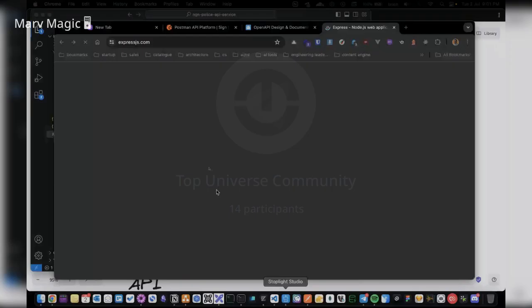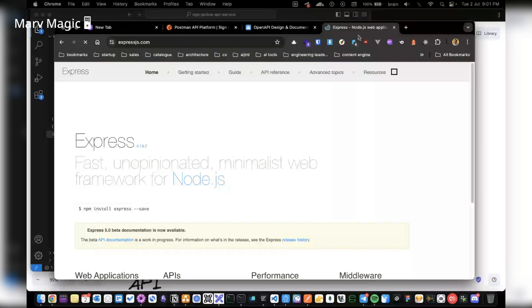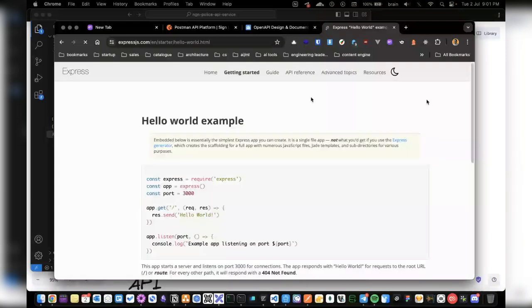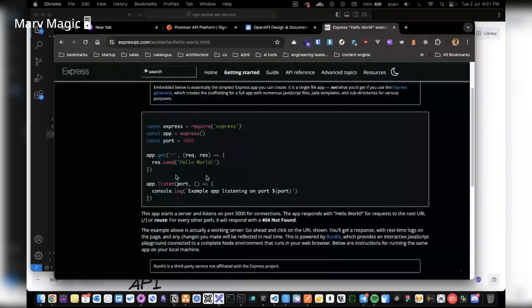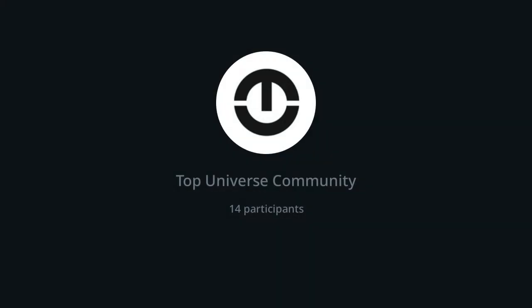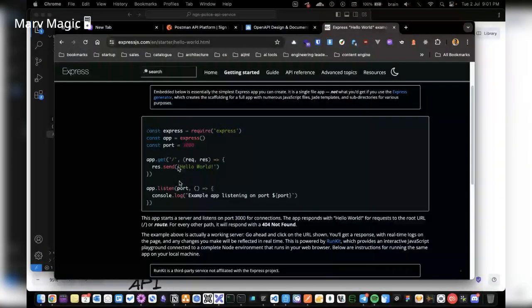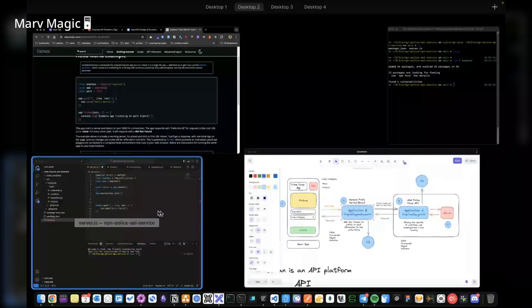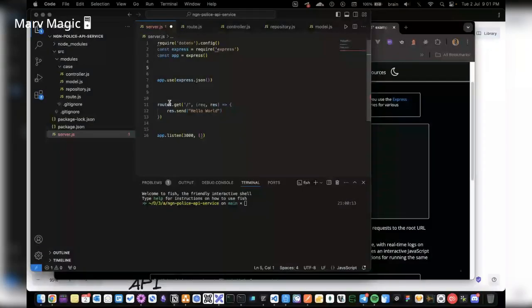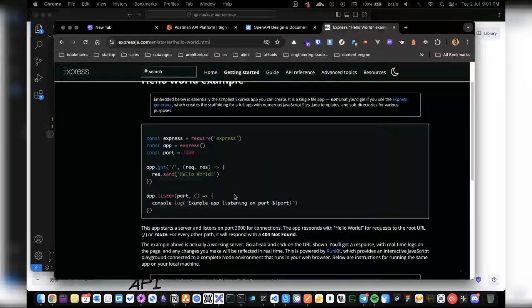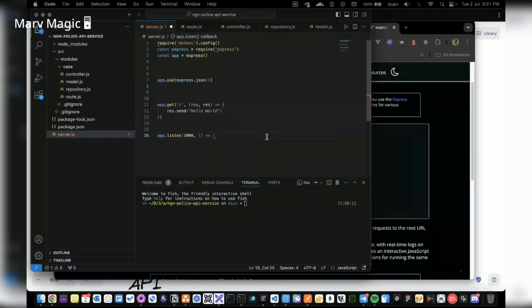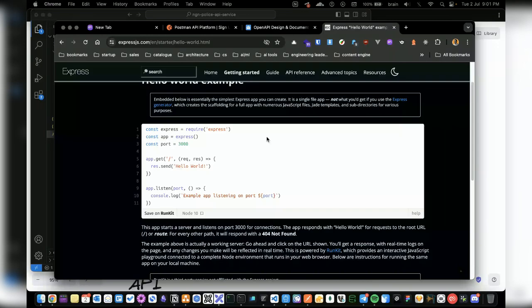All right, so we have that loading. So yes, you can just go to getting started, hello world, and get that from here. So yes, it's app.listen, and I simply did not need to put in the router right there. So this wasn't very necessary. Okay, so I can simply say app.get, app.listen. So I think this was correct. Let me go back here. Yeah, I have to use the arrow function. Okay, and of course I have to close it right here as well.